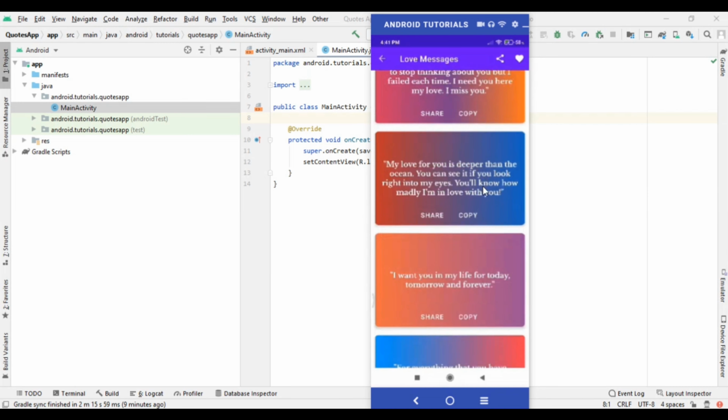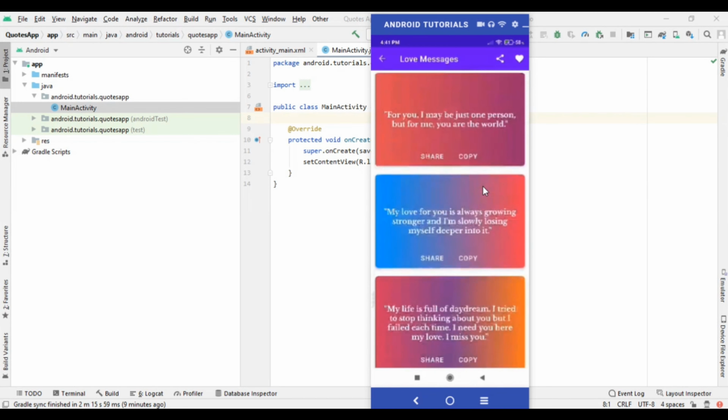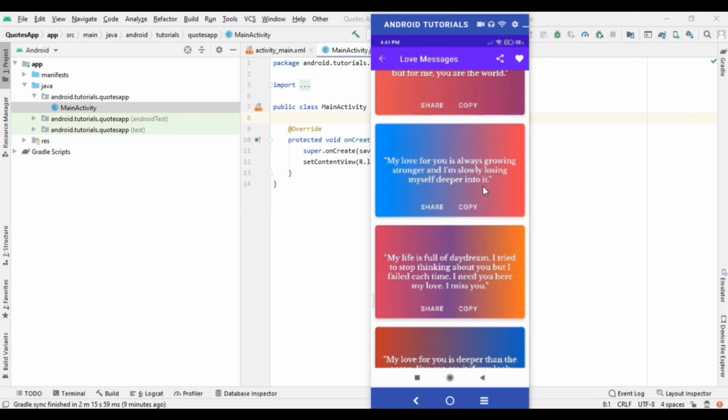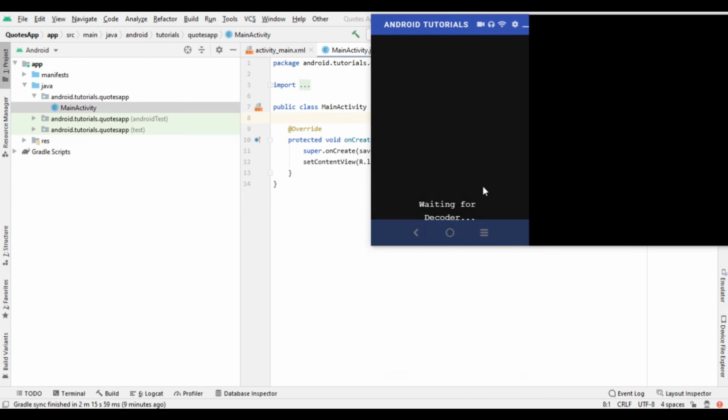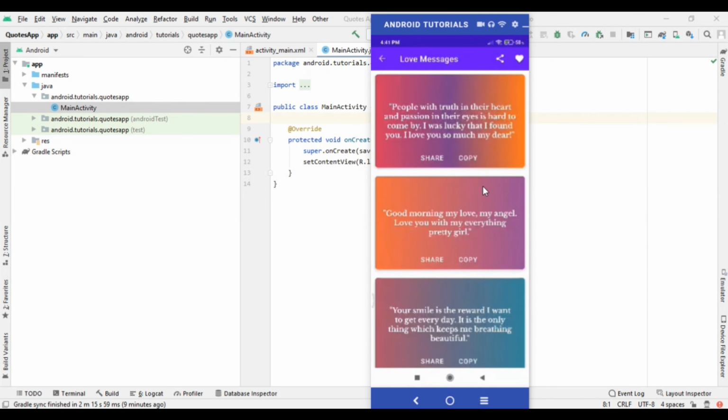We are going to load all these codes from Firebase into our application, and we will also get a copy and share button. When we click on copy, it generates a toast message, and when we click on share, you will be able to share this code as well as our application link, so we can promote our application, and we will get this custom drawer always.